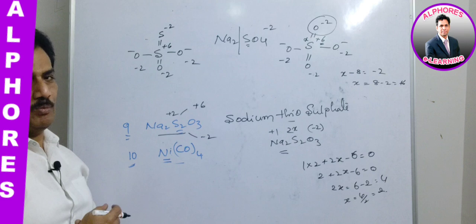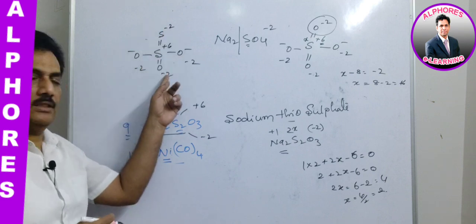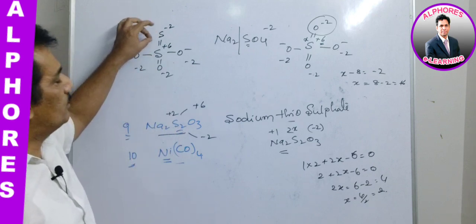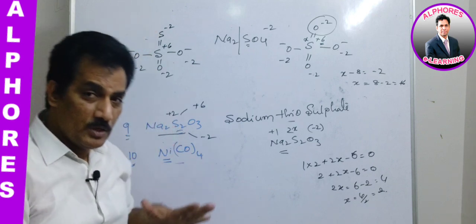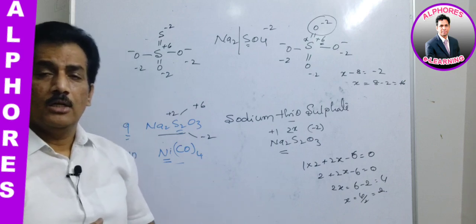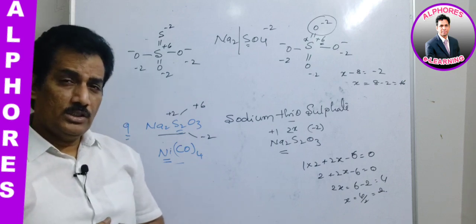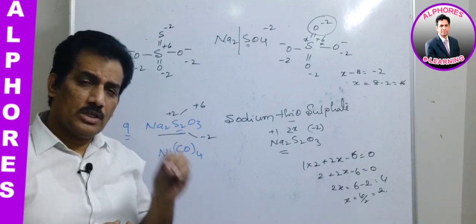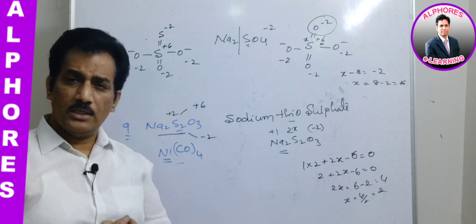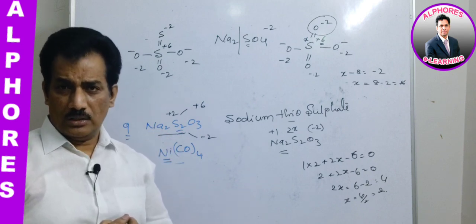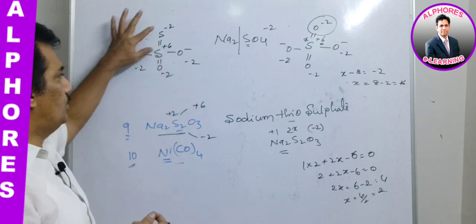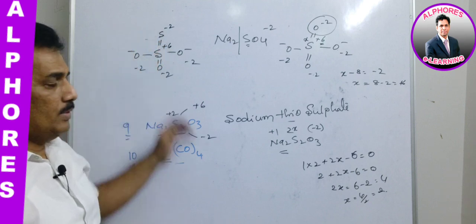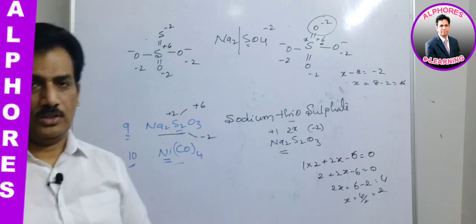Average oxidation state will be +2, but actually it is appearing like this. Clear? You can observe with this. Actually they are observed. If we keenly observe the probable charges on each sulfur, because we already defined the oxidation state as nothing but the probable charge. If we strictly adhere to this principle and consider the probable charge on that atom, then these are the oxidation states: -2 on one sulfur and +6 on another sulfur. But as per the rule, we will get the average oxidation state.